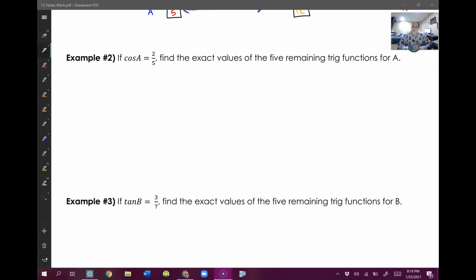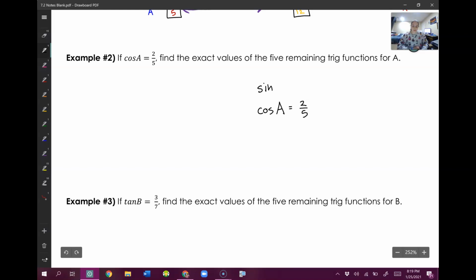Back to lesson 7.2 where we're going to talk about some more SOHCAHTOA stuff. So let's look at example number 2. It says if cosine of A, so A is our angle, equals 2/5, we want to find the other 5